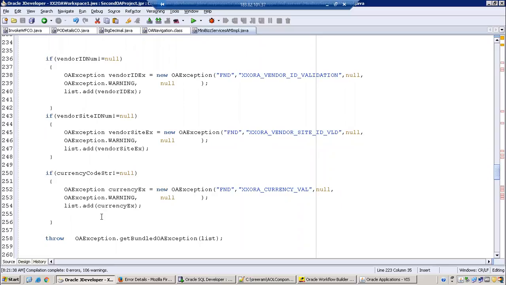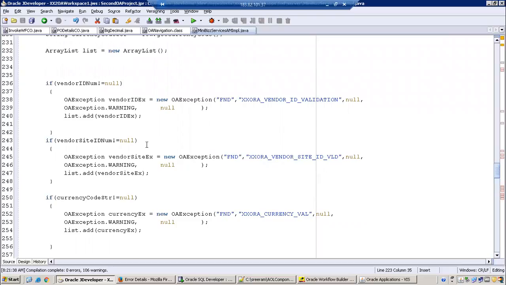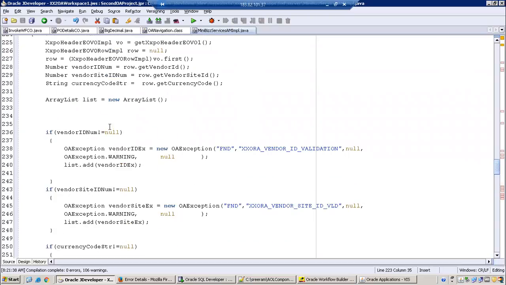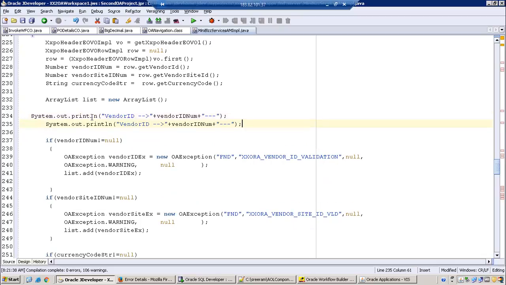Did we check not equal to null? Yeah, checked. The problem here is for vendor, right? I'll print the value, then you'll understand. I'm just printing something like this to understand what the value is when there is no value.